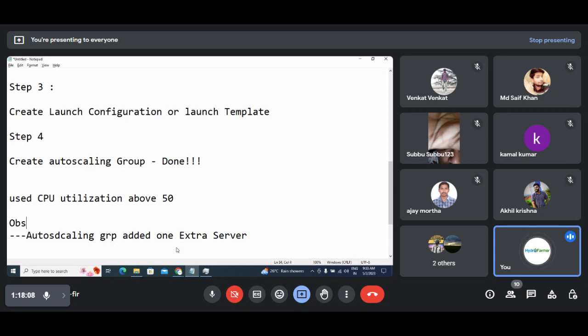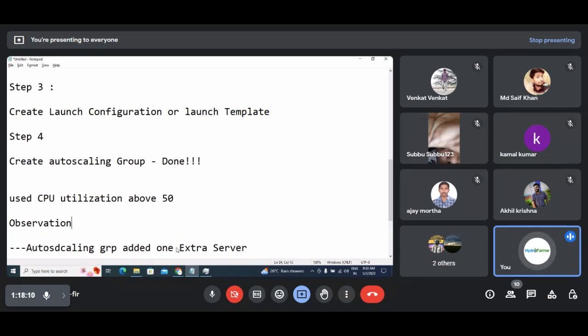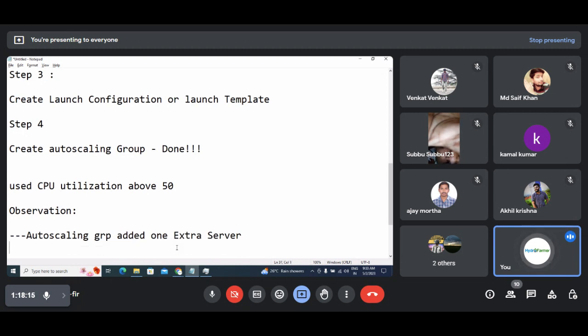Observation we can write observation, right? So this also you need to do practically. It is a time taking process, but please sit patiently and try to complete this. Okay. So observation. What we have observed? Auto scaling group added one extra server when CPU is above 50, right? So this we have observed, and what we have done, deleted extra servers,